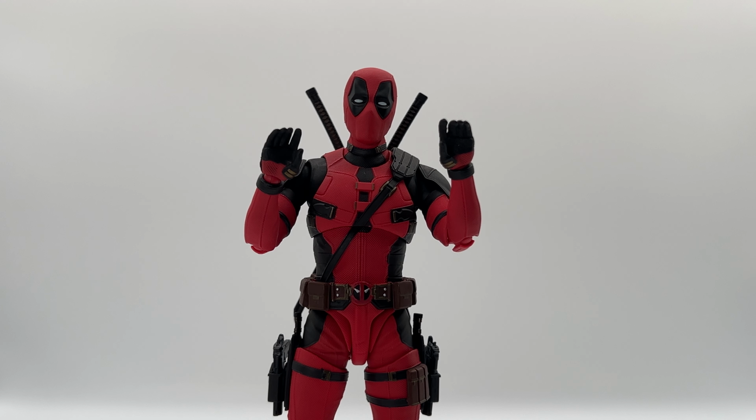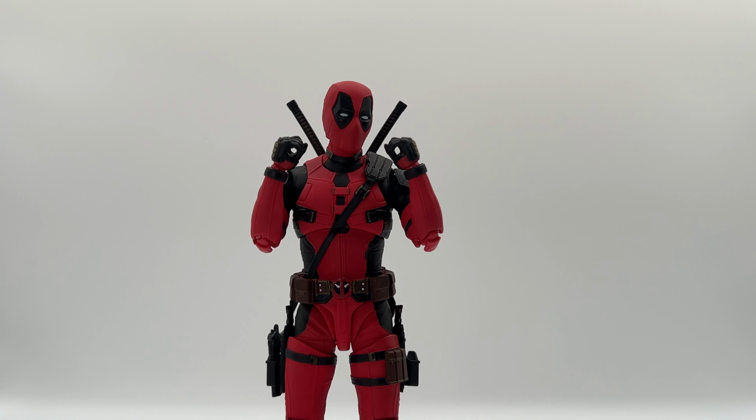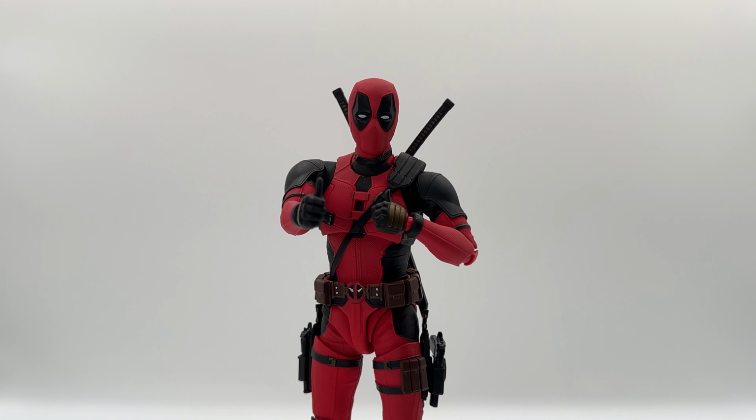Starting off with the hands, we do have a pair of neutral hands already installed on the figure straight out of the package. Next up, a pair of closed fists, a pair of gripping hands for both the katanas and the baby knife, two closed fists with some small daggers sticking out of the top of them, a pair of thumbs up gesturing hands,